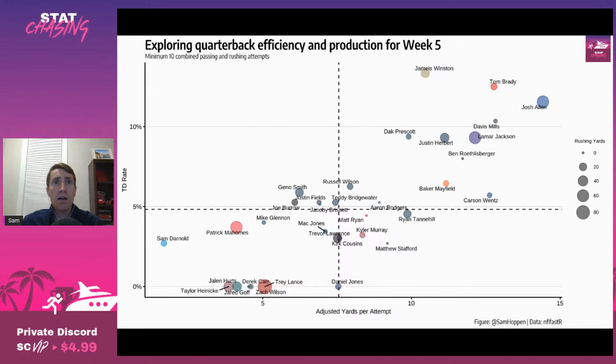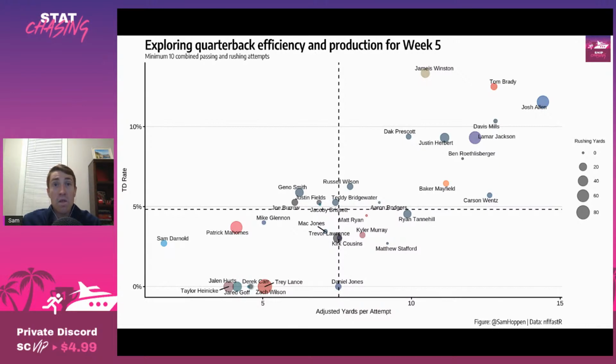But I'll talk about Fields a little bit more for a minute here. Unfortunately, I think he can be dropped in most leagues because Nagy really has no trust in his quarterback. And honestly, Fields hasn't really played spectacularly, if I'm being honest. He's thrown the ball 20, 17, and 20 times in the last 3 weeks. That's a total of 57 attempts over the last 3 weeks. I think Prescott had like 58 in the first week.